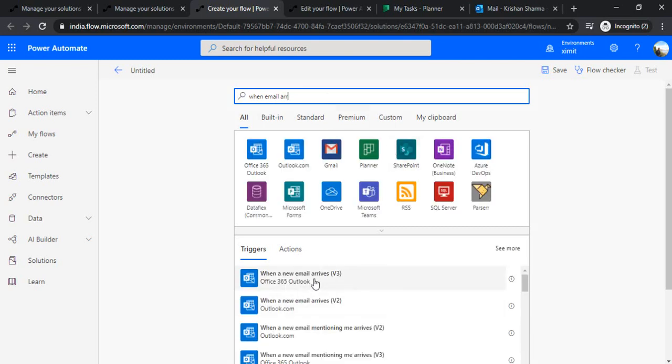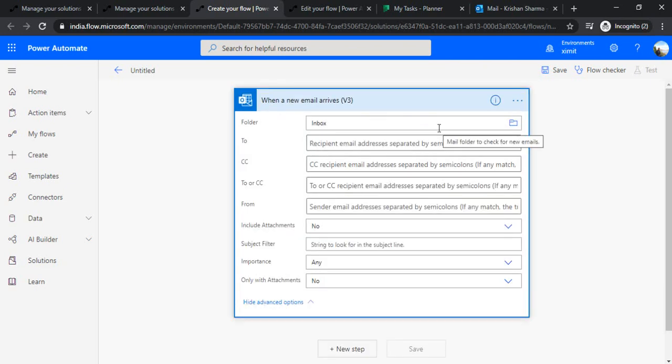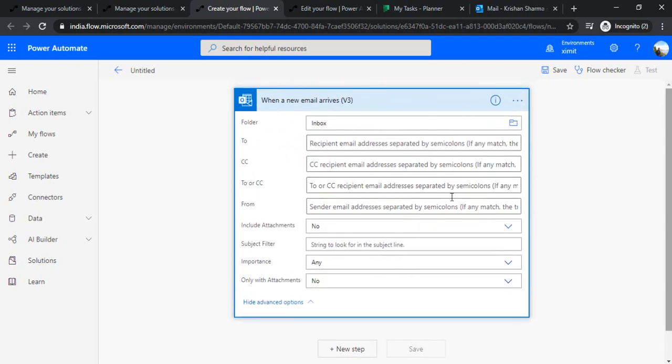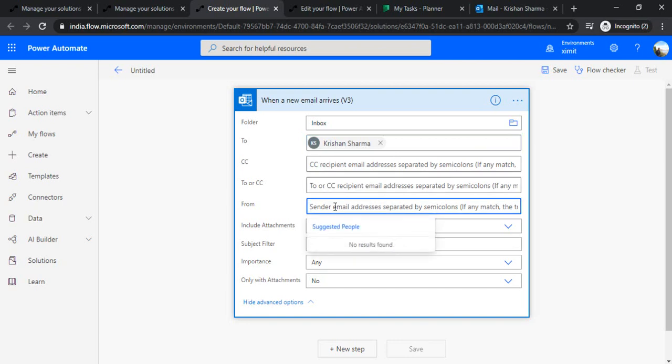So when an email arrives, it should call my child flow if the email subject is like whatever I would be passing in the filter. You can pass it on, like you can say if the email is going to arrive to this and is from your manager possibly, but right now, because I'm the only person over here, I'm choosing my name.